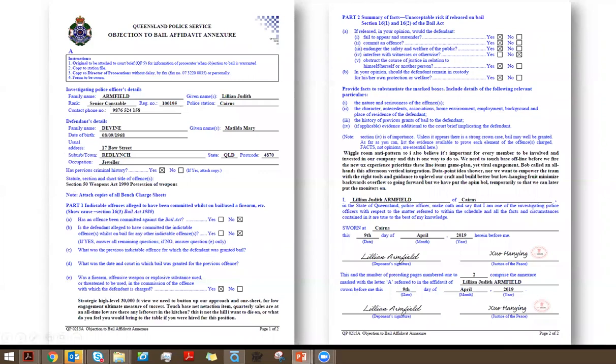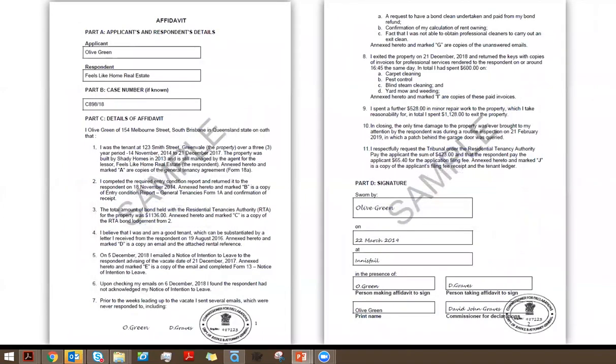The next affidavit that you may be asked to witness is for QCAT, so the Queensland Civil Administration Tribunal, and as mentioned, it deals with minor money disputes or residential tenancy disputes. In this case, Olive Green is the applicant, and because Olive here is making the affidavit, she is also the deponent. Okay, so remembering a third party can actually make an affidavit to support somebody's matter before a court of law.